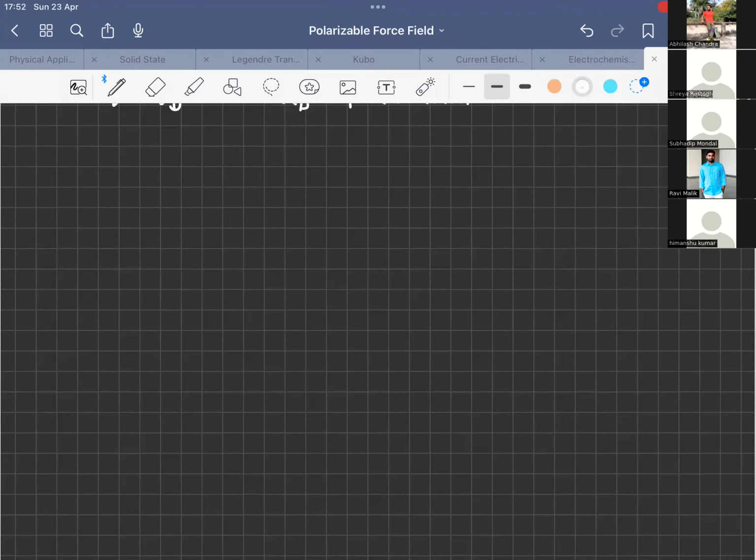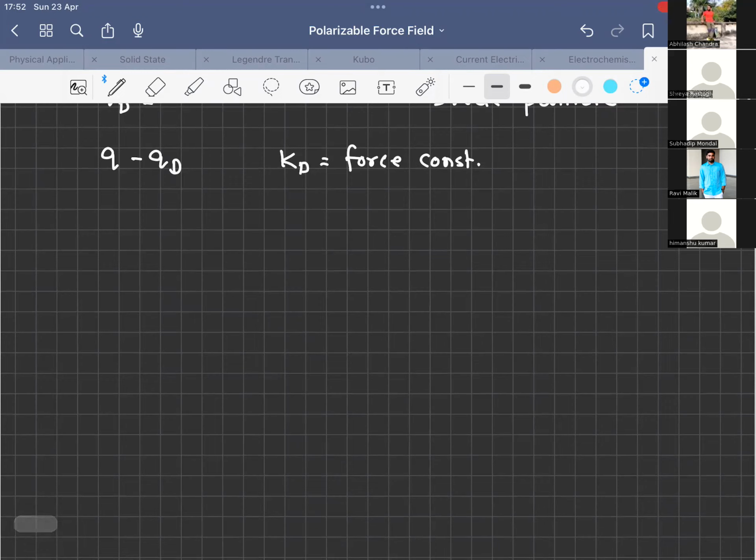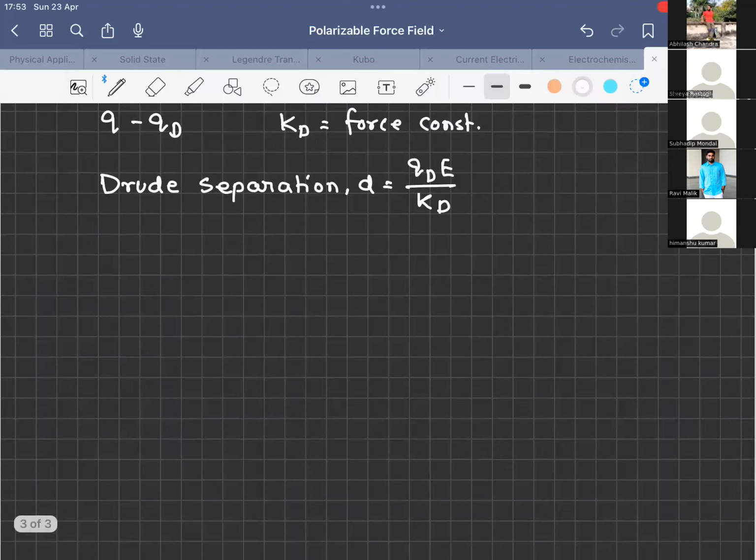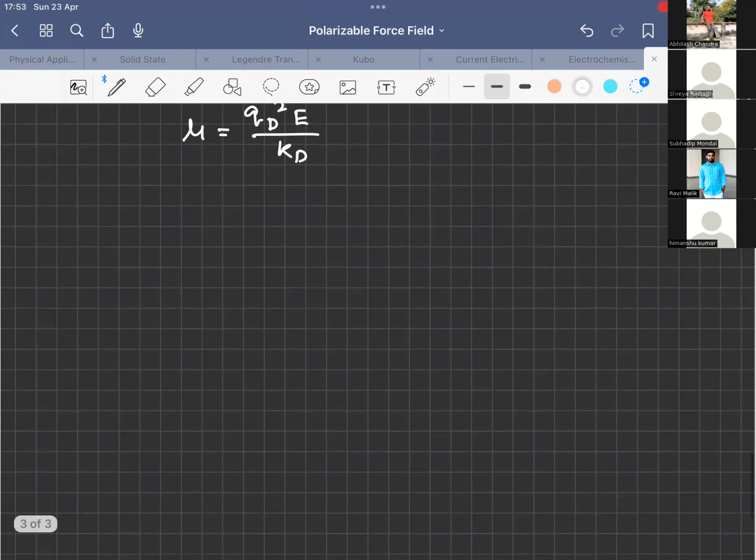This is called root separation. It is related to the force constant Kd, the electric field that we apply, and obviously the charge of this root particle, QD. And for this case, the formula for the induced atomic dipole mu, which I already introduced, becomes... okay, so this is your induced dipole, and this expression simply gives you the isotropic atomic polarizability